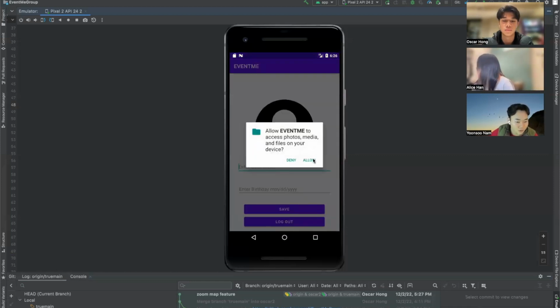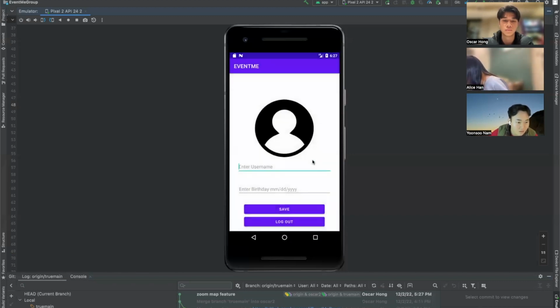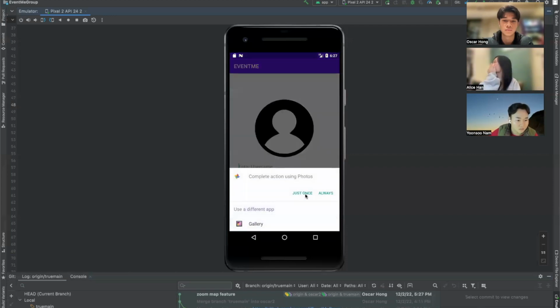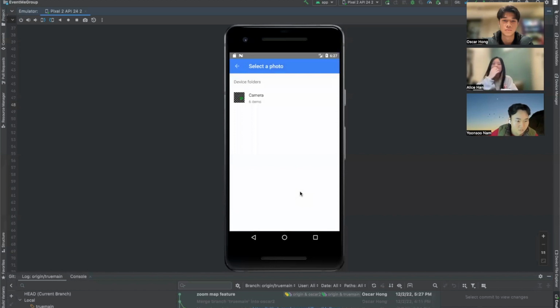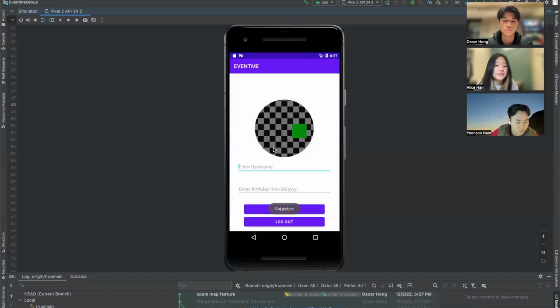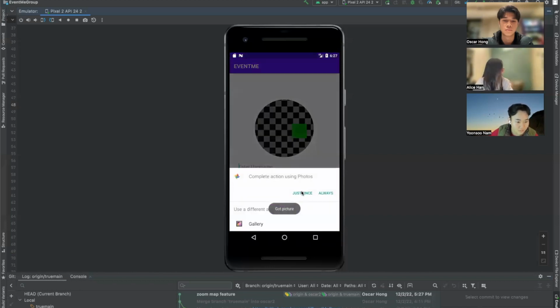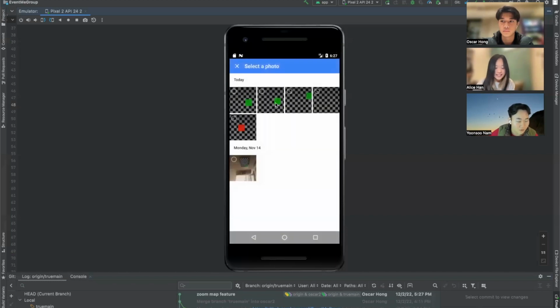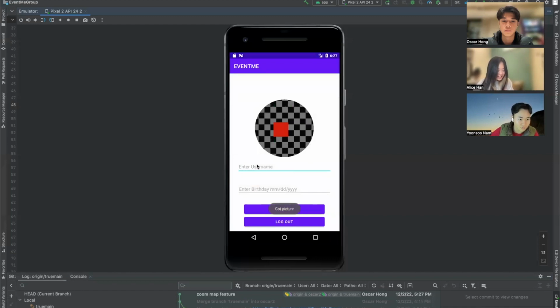So for a user profile, we can say allow, and we can go into our photos. It did that too fast, but we can see all the photos we have. We can choose one of these photos to be our profile photo, and then choose a username to be Yunsu, and then a birthday